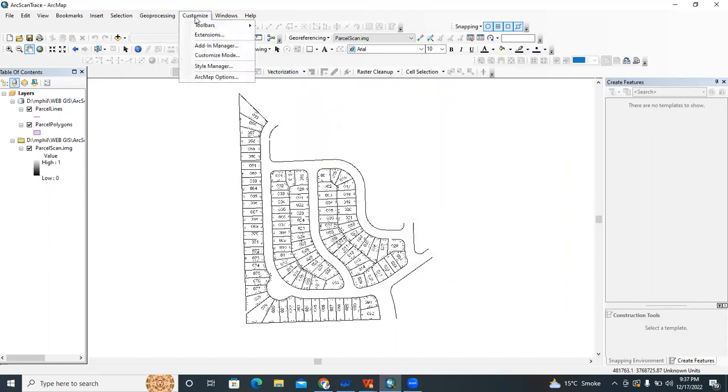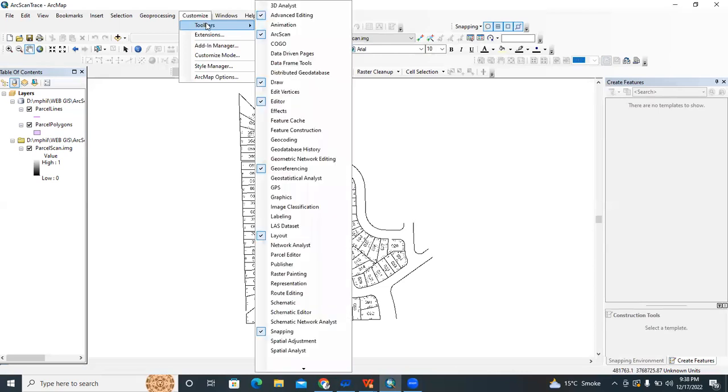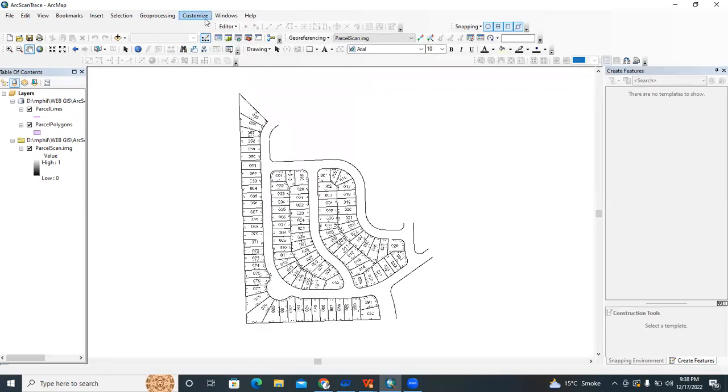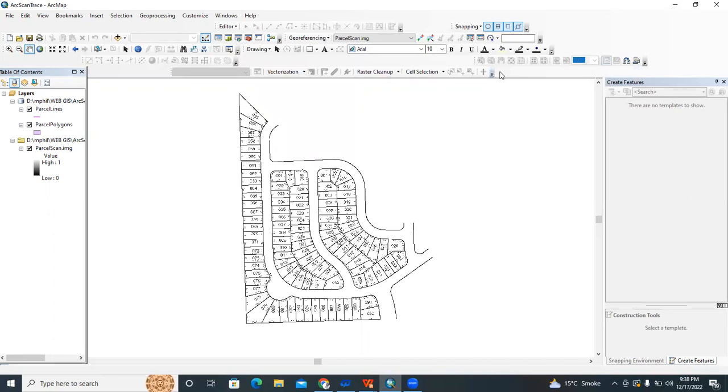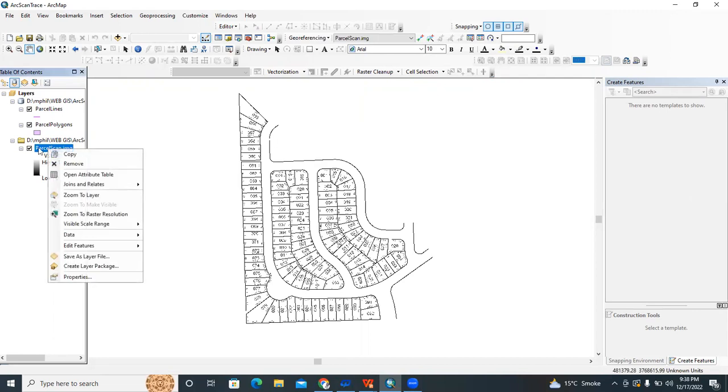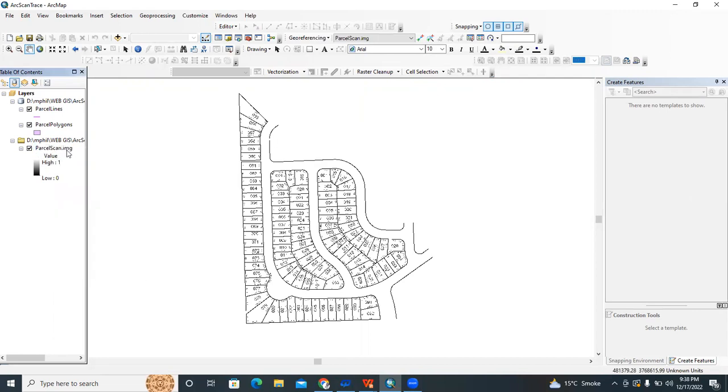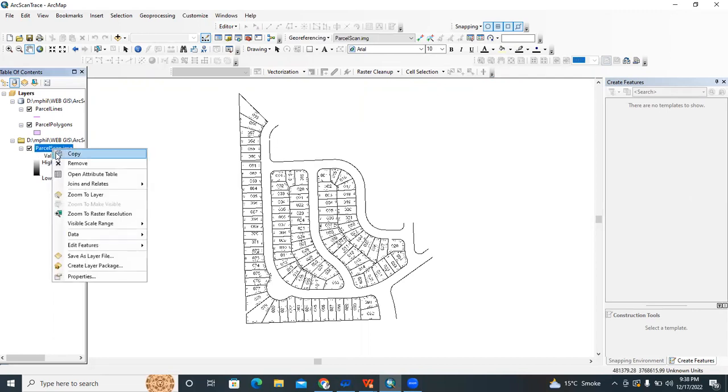And the second step in this interactive vectorization is going to this toolbar and checking this ArcScan option, which is mentioned here. Now I'm going to click on this parcel scan dot image, right click on this image, and then go to properties.